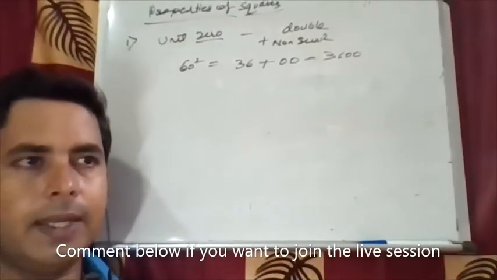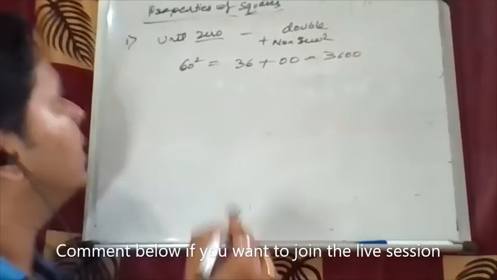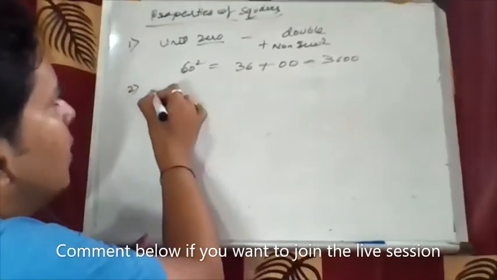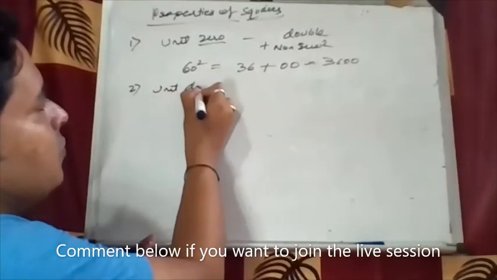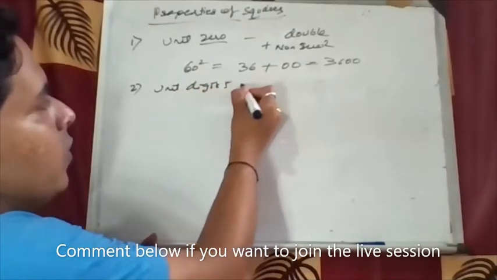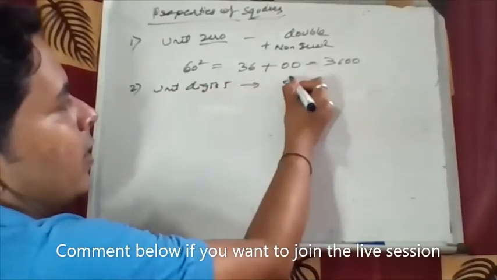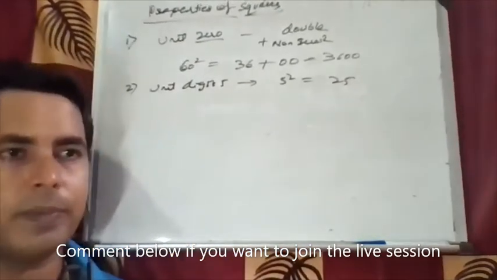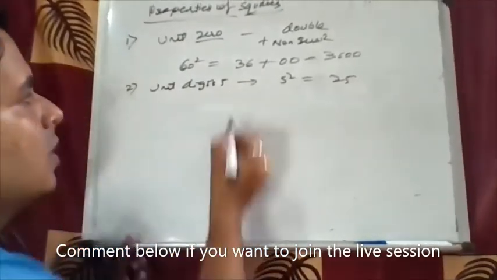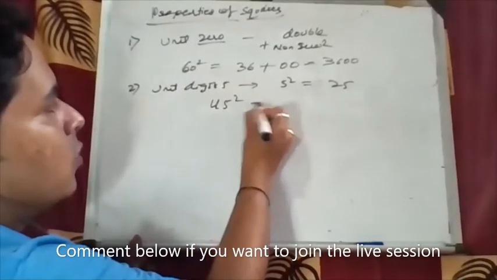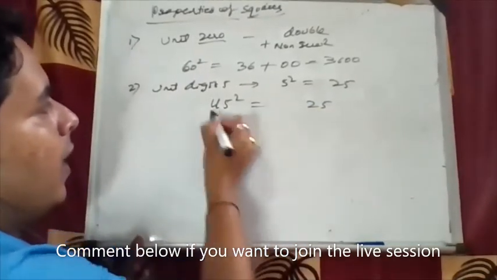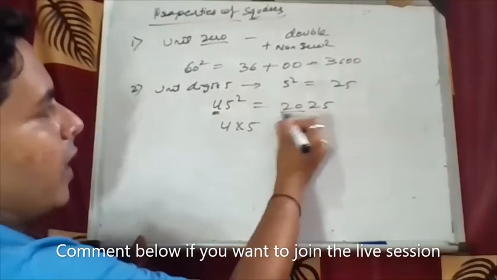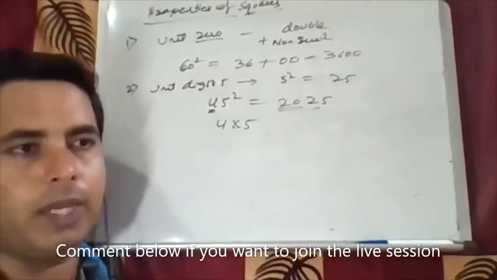Then the second property we learned: if your unit digit is 5, हमने क्या किया, so we kept 25 as it is, 5 का स्क्वायर ले लिया 25 एंड उसके पहले का स्क्वायर सेपरेट कर लिया. कैसे, suppose 45 स्क्वायर करना था तो हमने क्या किया, 25 किया एंड we multiplied 4 into 5, then we got 20. So this is the one property.